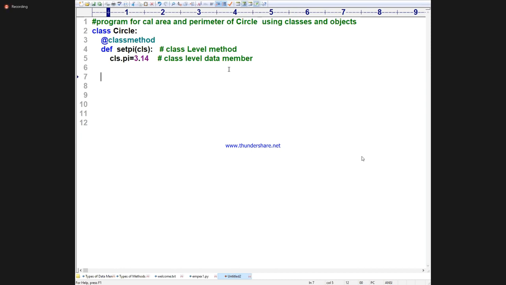I'm calculating. So therefore, circle area of self. How beautiful it is. Now circle area.